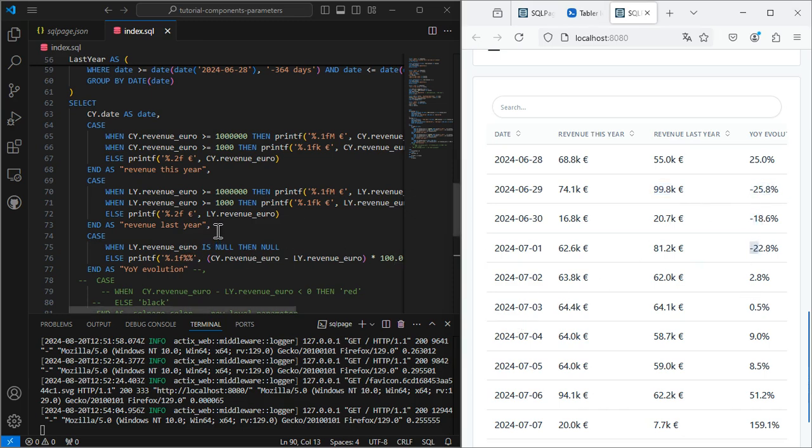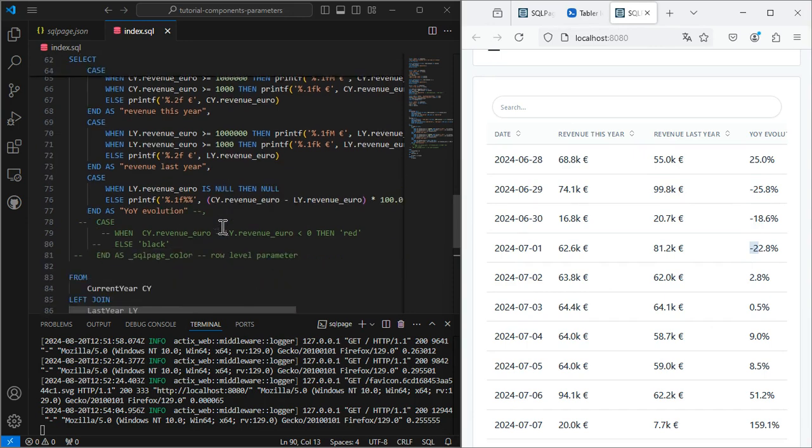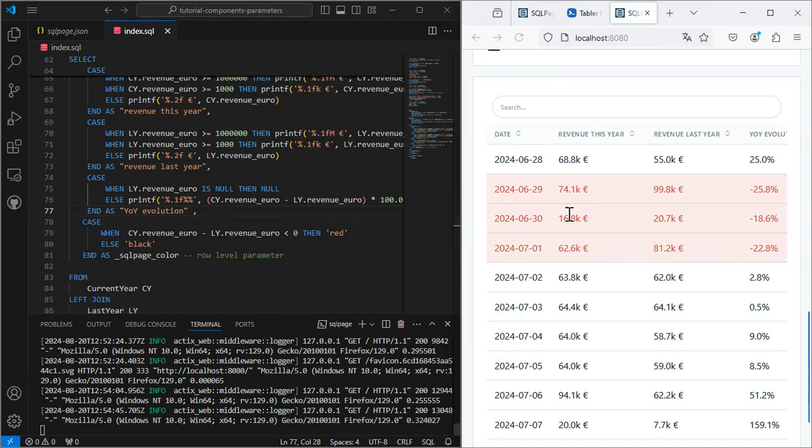There is a row level parameter you can check in the doc called SQL page color, and I'm just adding a few lines of code to say when the revenue is negative, then the row should be red. Let's uncomment this part, save the file and refresh the page. And the three rows with negative year-on-year are highlighted.